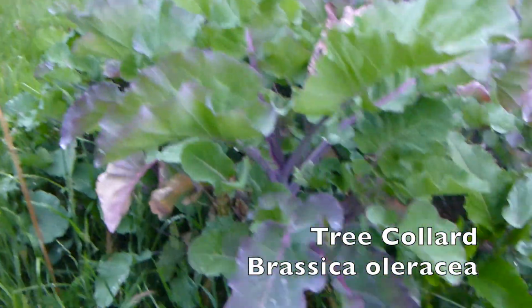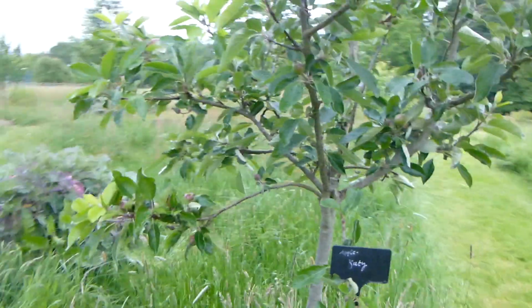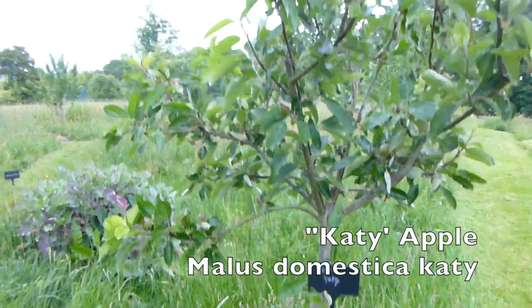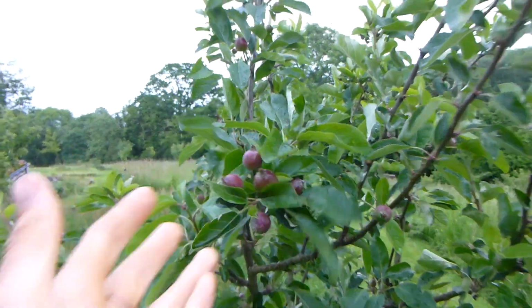Tree spinach. This is the first year this Katie apple tree has produced apples. I'm looking forward to trying them, or making some cider if there are enough. I'm resisting showing you every plant because there's just too much, but